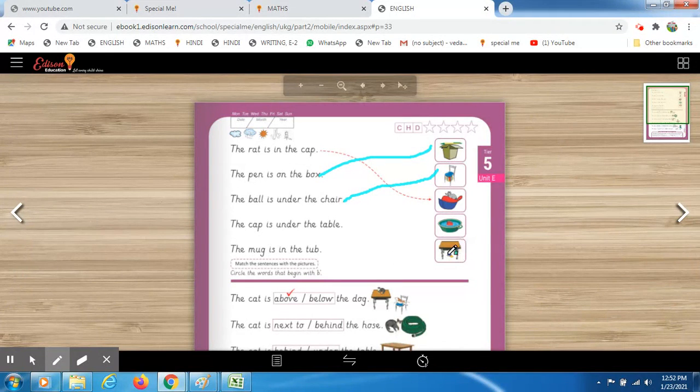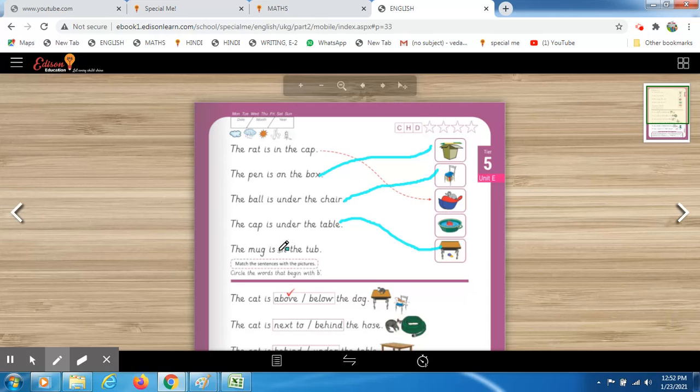इस पिक्चर में आपको टेबल क्लियरली विजिबल है. एंड देन यू हैव टू सी दैट कैप इज अंडर द टेबल. कैप जो है वो टेबल के नीचे है. Yes, there is a cap, है ना. So you just have to match the sentence with the correct picture. Fine. So now the next sentence is the